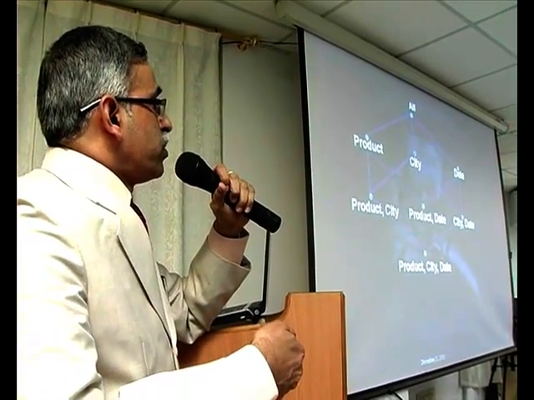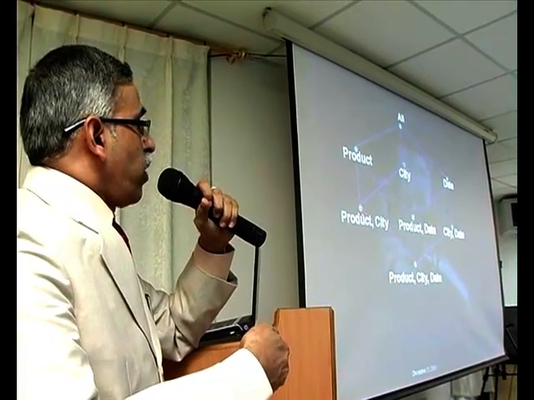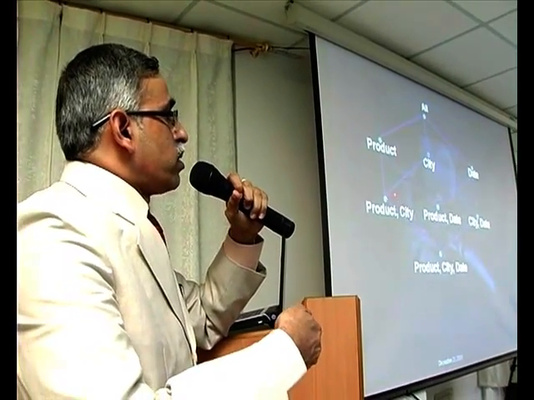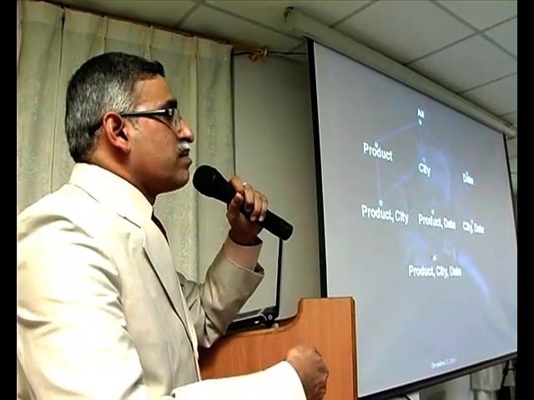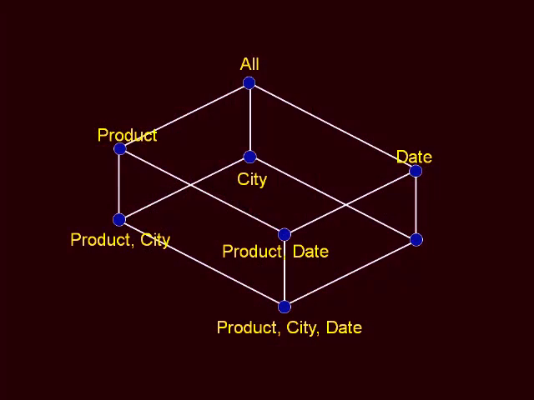Any computation you take for any combination, that value, or in other words that measure, is always more than this. Similarly, all these three are always more than these two. Similarly, this is always more than all the three. So this is the least upper bound, in the sense that whatever sales aggregations you are computing across the combinations of various dimensions, those values are always less than this and always more than this. So it imitates the behavior of a lattice with the GLB and the LUB concept.